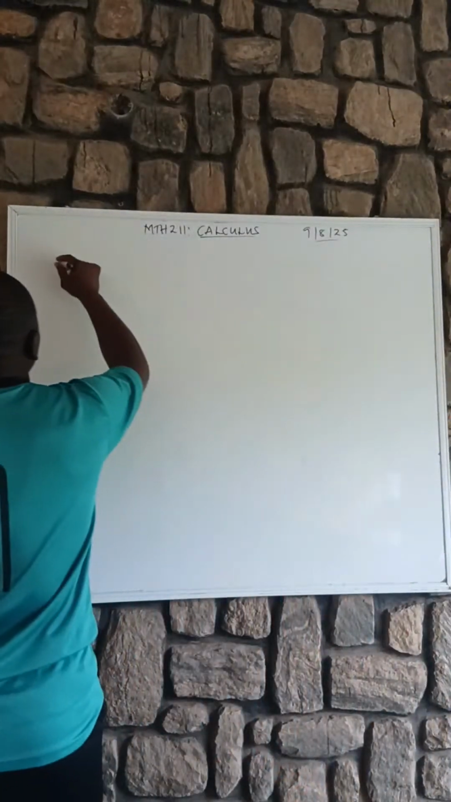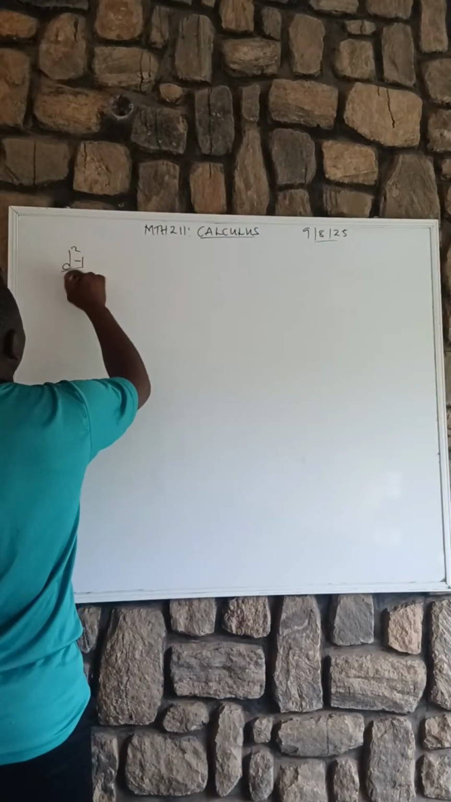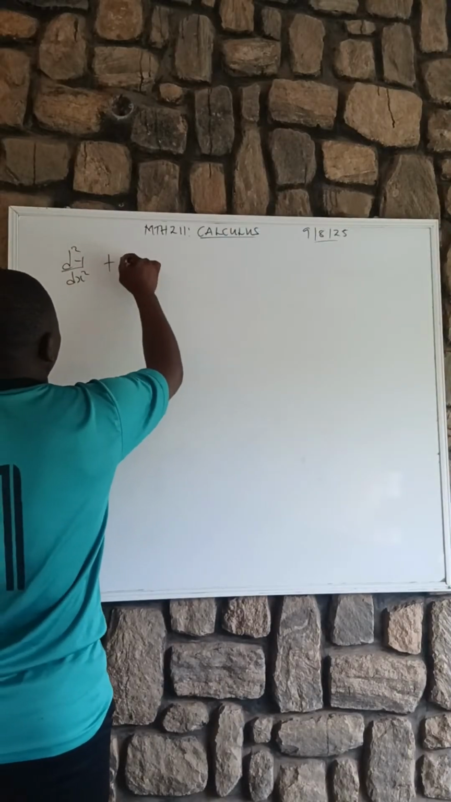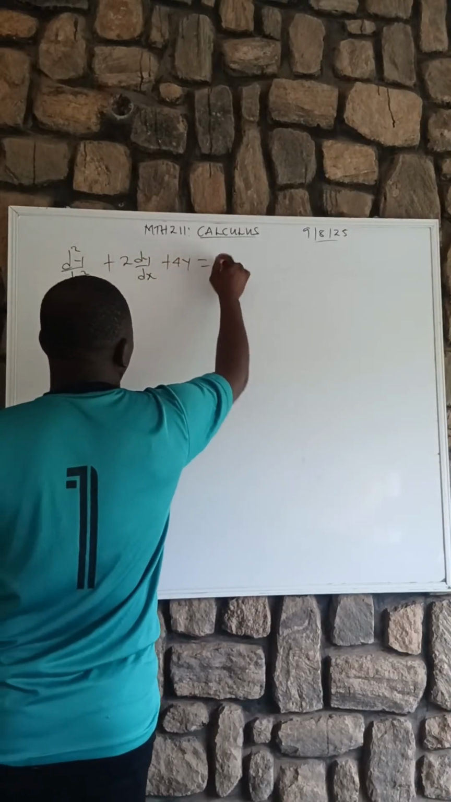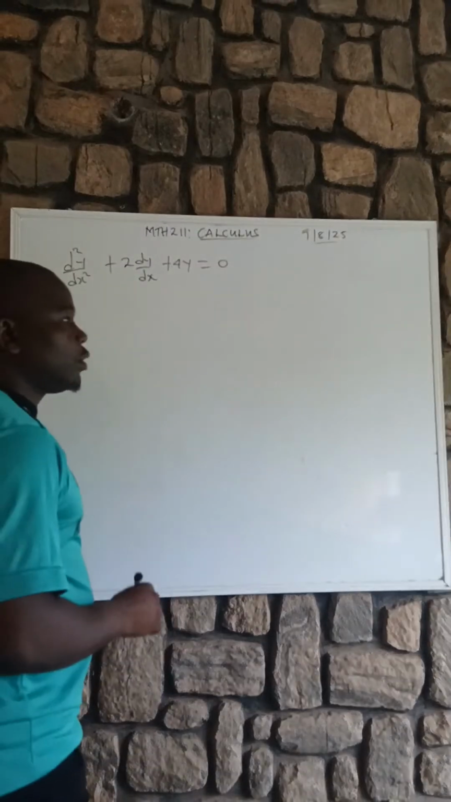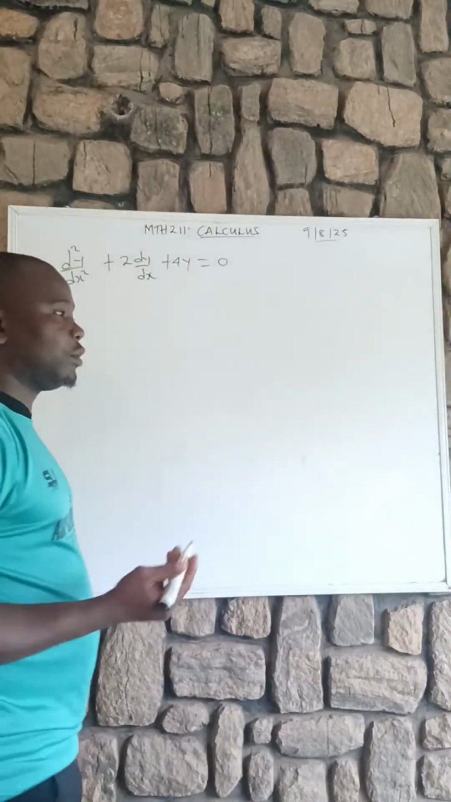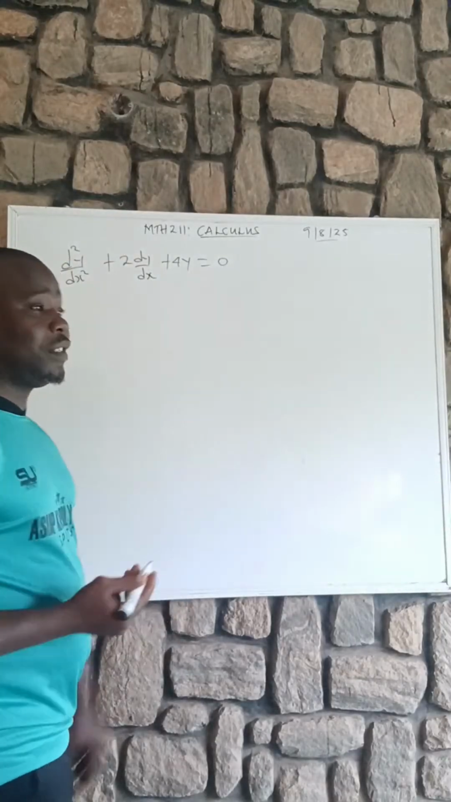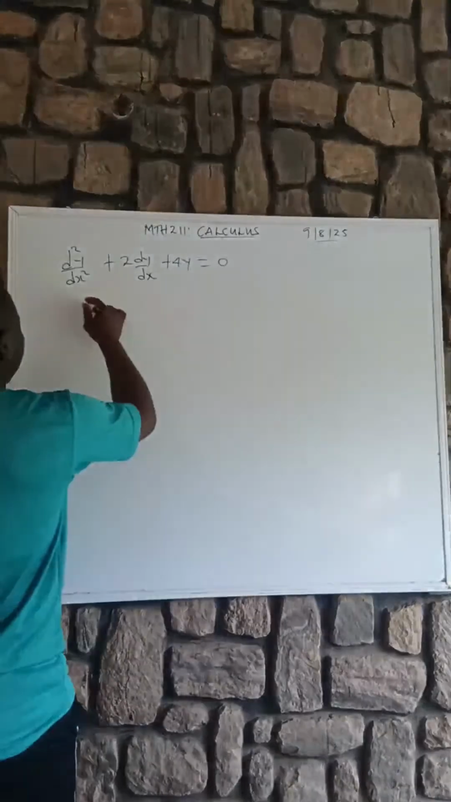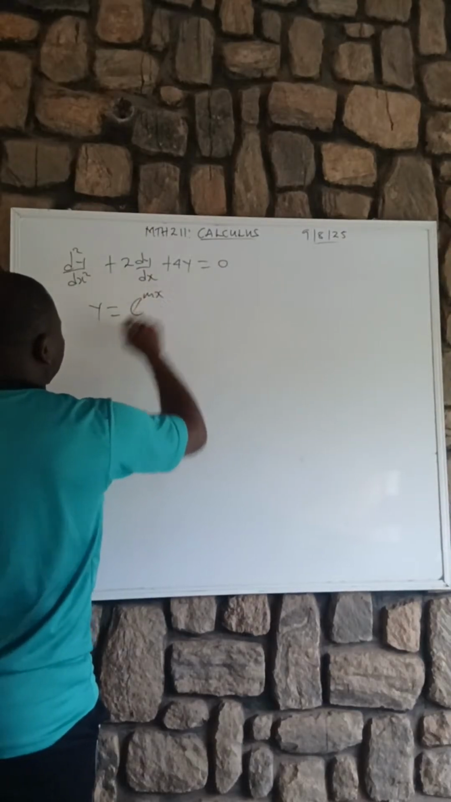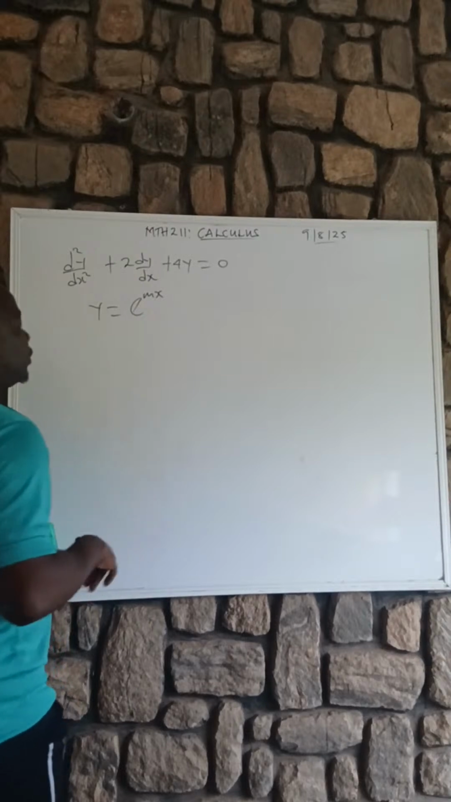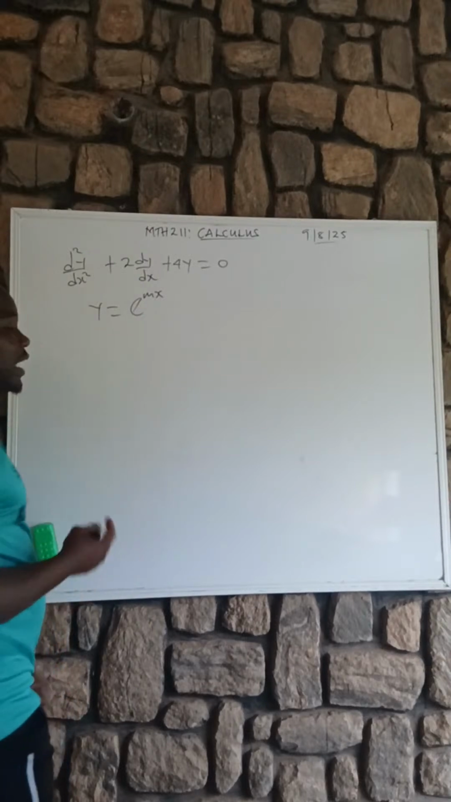Let us just assume that we have a differential equation of this form: d²y/dx² plus 2 dy/dx plus 4y equals 0. Amen? So if we want to find the general solution of this second order differential equation, we might set y equals e^(mx). Then the general solution will now be, if the roots are distinct,